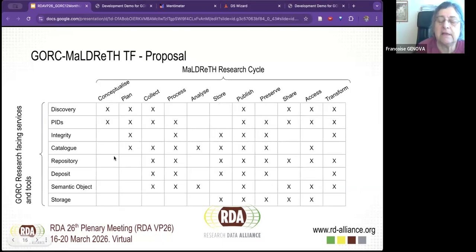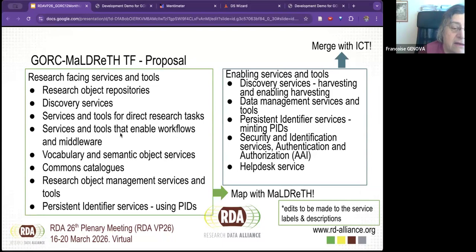Yes, it was about the previous slide from this one. I am glad to see that discovery services are on the two sides, but with my repository hat on my head, I would suggest that research object management services can be on the other side too, because in a repository they are managed by the staff, and they may not be seen by the users.